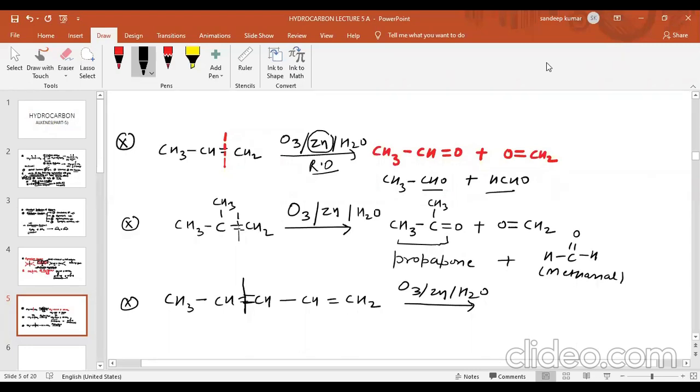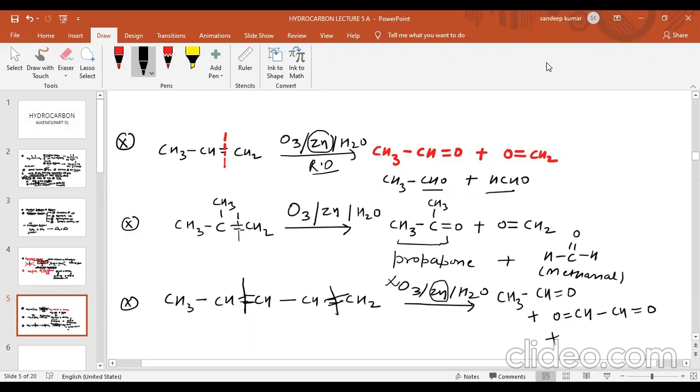so we can see in this case basically there are two pi bonds, and we are going to do reductive ozonolysis. Why is it reductive ozonolysis? Because zinc is present. So break all the pi bonds. As we can see, when we break this pi bond, one of the compounds obtained is CH3 CH double bond O, and another compound obtained is CH double bond O, CH double bond O, plus another compound obtained